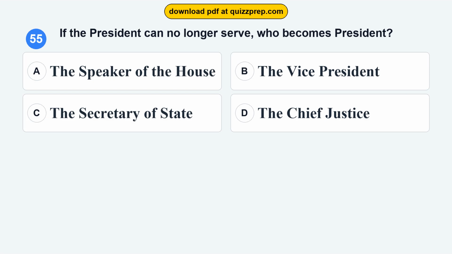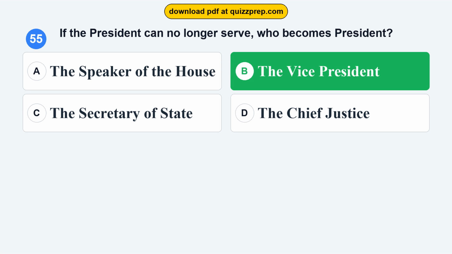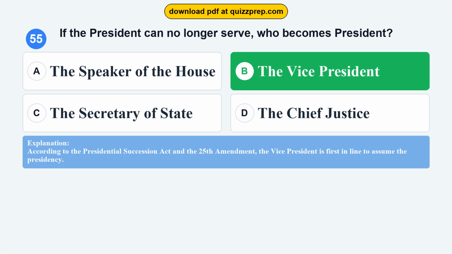Question 55. If the president can no longer serve, who becomes president? Option A, the Speaker of the House. Option B, the Vice President. Option C, the Secretary of State. Option D, the Chief Justice. The correct answer is option B, the Vice President. According to the Presidential Succession Act and the 25th Amendment, the Vice President is first in line to assume the